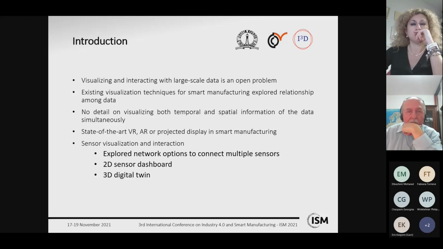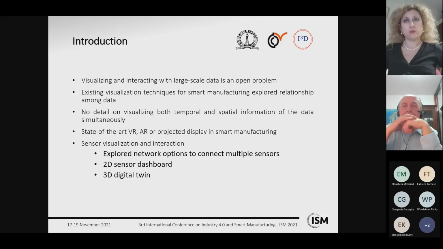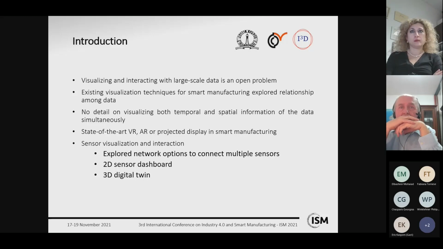And existing visualization techniques for smart manufacturing explore the relationship among data by, let's say, establishing ontologies and visualizing network diagrams among different items. But to our knowledge, there were no details on visualizing both temporal and spatial information of large-scale data, so that we can analyze both the temporal and spatial information simultaneously. So